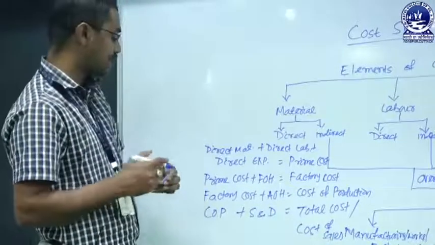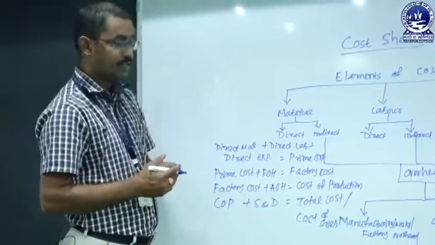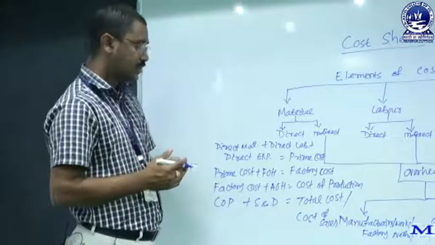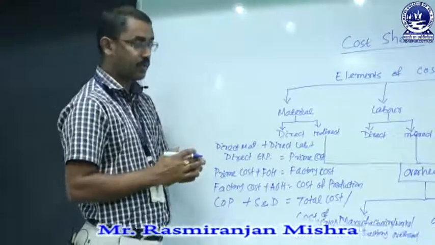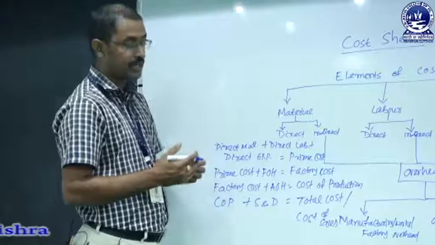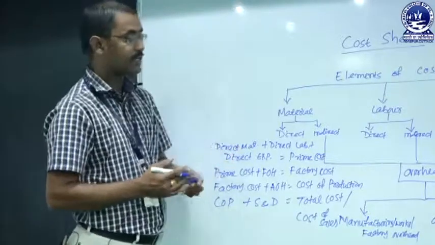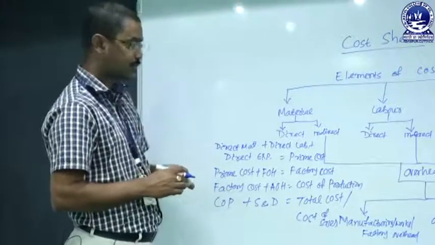Selling overhead is basically relating to selling the product: advertising, sales manager salary, any type of promotional expenses. So that is coming under selling overhead. Distribution overhead means packing of a product, delivery van expenses, or any other expense purely related to taking the product from the organization and selling it in front of the consumer or customers. That is coming under selling and distribution overhead.